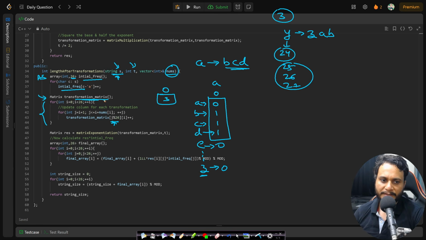After having found the transformation matrix, we need to calculate the transformation matrix raised to the power of t, which is done by the matrix exponentiation. Once that is done, we have the initial frequency array as well. We need to multiply them by calling the matrix multiplication. So simply I have performed the matrix multiplication between the initial array and the transformation matrix raised to the power of t. In this case here, you can look at it,